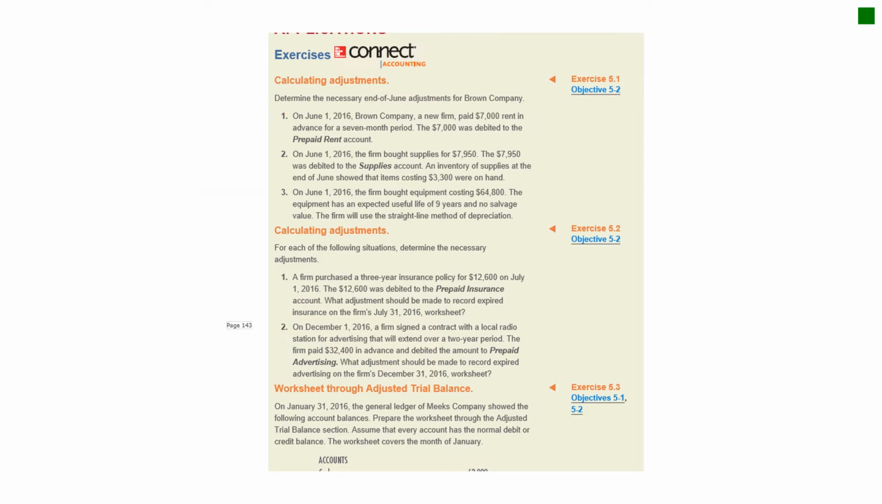Number 2 says again on June 1st, they bought some supplies for $7,950. What they would have done, again, I'll just give you the initial entry, is debit supplies for $7,950 and credit cash or accounts payable for $7,950. Again, that's June 1st. Then they say at the end of the month, they counted the supplies and it showed that there's $3,300